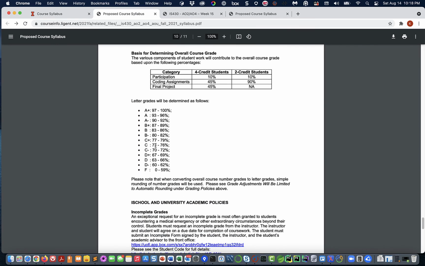What's the basis for determining the grade? Well, it's different for the 4 credit and the 2 credit students. If you're a 4 credit student, the participation is 10%, the coding assignments are 45, the final project is 45. Okay. If you're